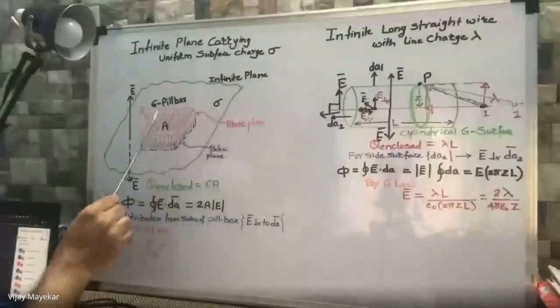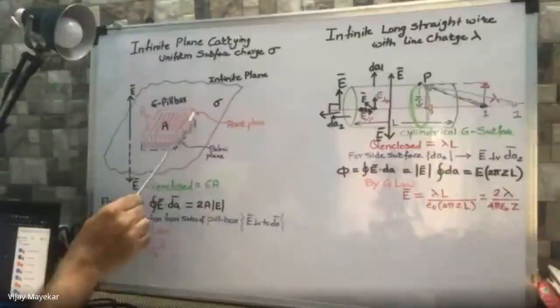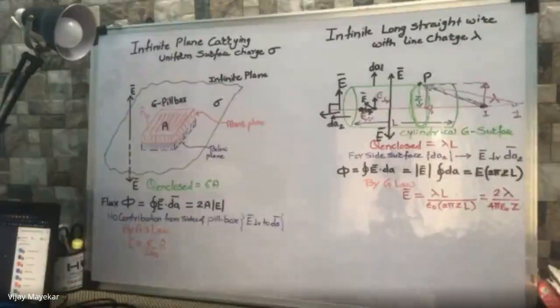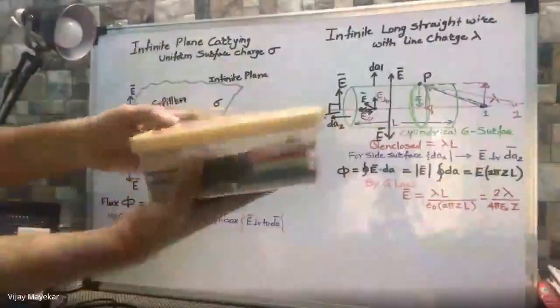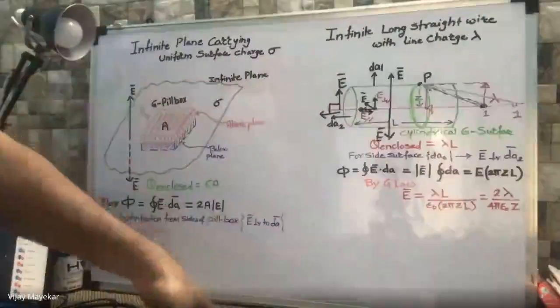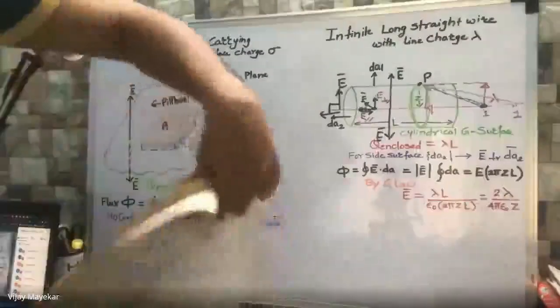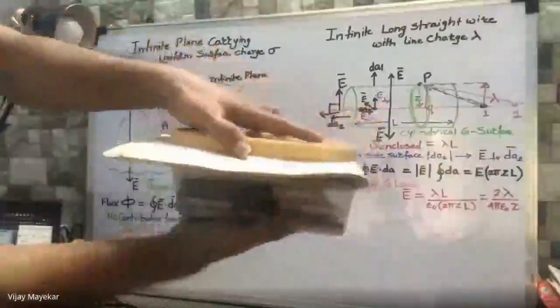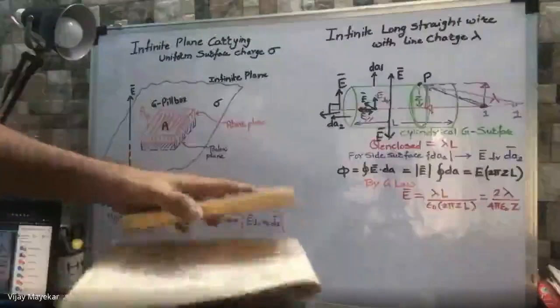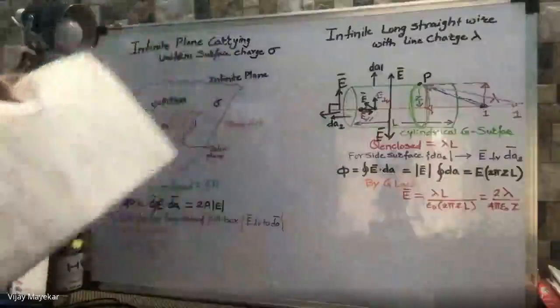Okay, so I'm having now the Gaussian geometry, which is like a pillbox. I hope everybody has seen the pillbox. If not, I'm showing you the pillbox, like this box. So this is the top lid and this is the bottom lid. And in between, I'm having this surface. You can see this. So this is how the Gaussian pillbox is constructed, which is shown in the diagram.